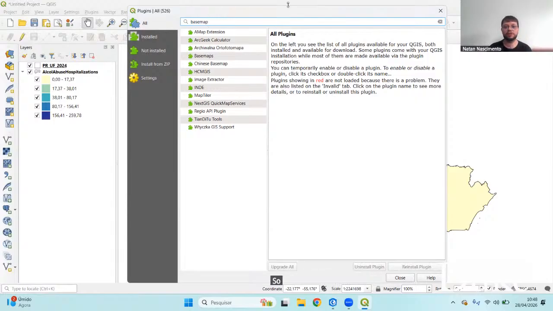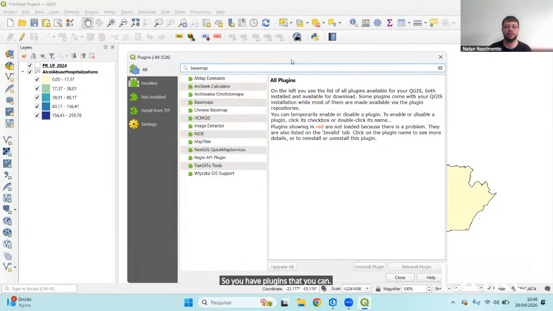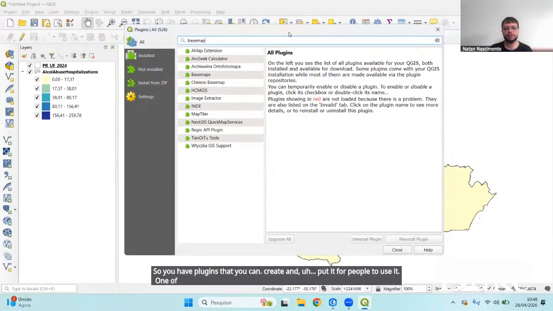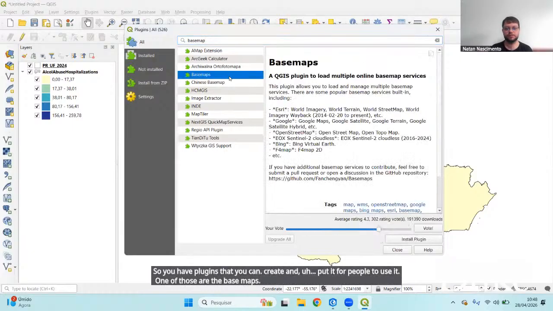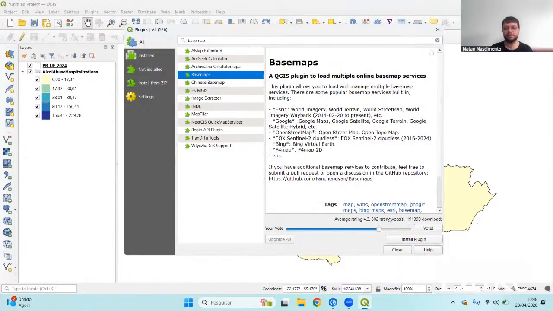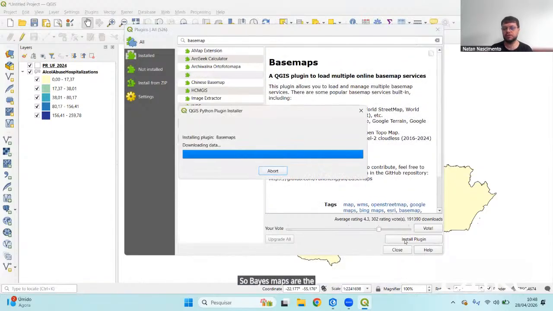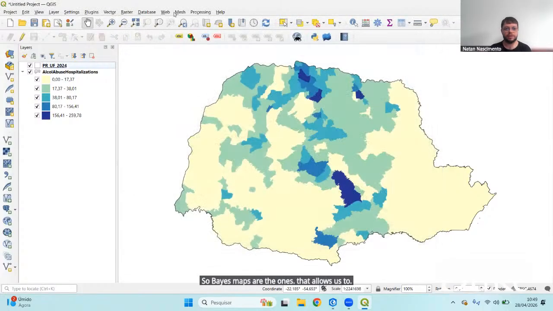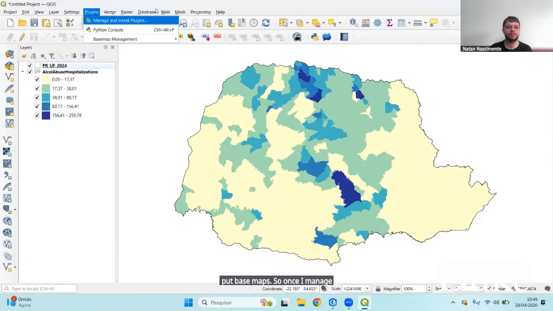So you have plugins that you can create and put for people to use. One of those are the base maps. Base maps are the ones that allow us to put base maps. So once I manage and install this plugin, I go in,